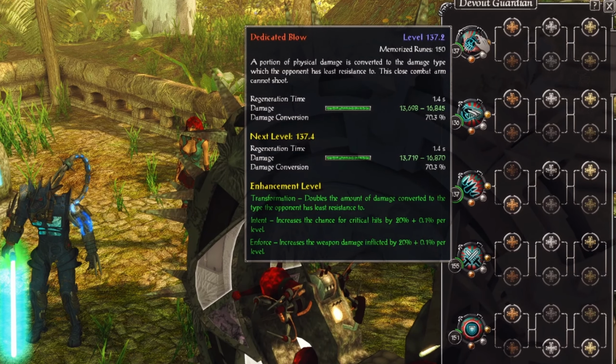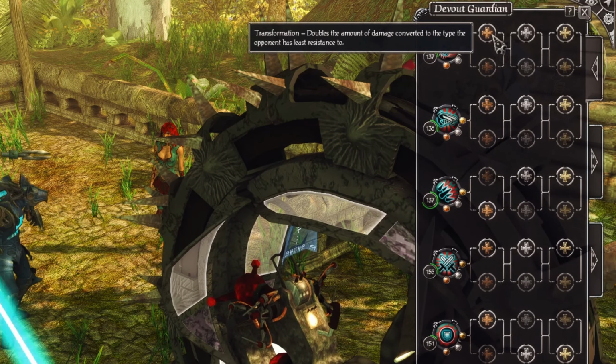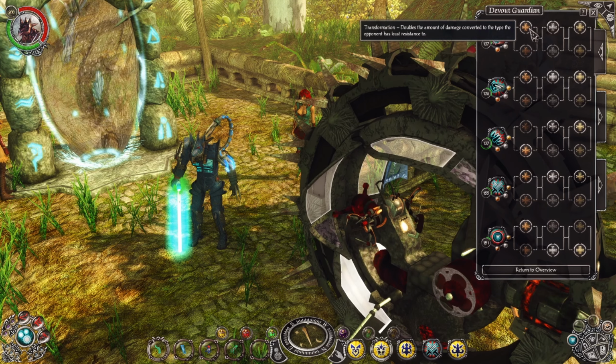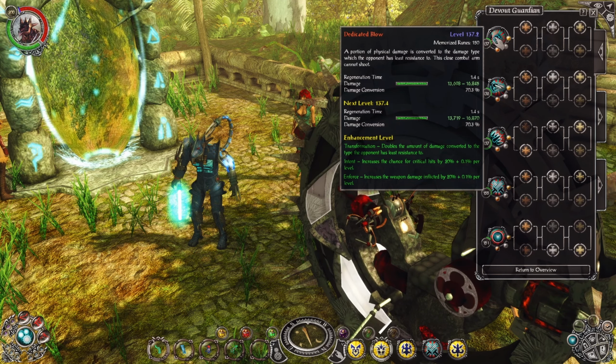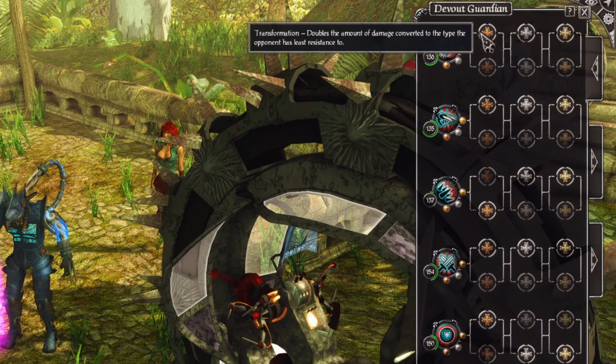For a dedicated blow, I chose the transformation modifier, which doubles the damage dealt based on the enemy's weakest element. If you've watched my beginner guide, you know that weapon-based combat arts are imbued with the element of your weapon. So by targeting the enemy's weakest armor resistance with the right weapon, you will be able to deal massive damage